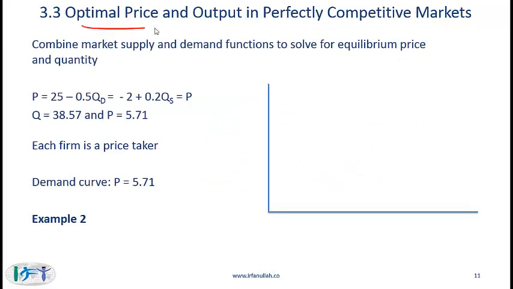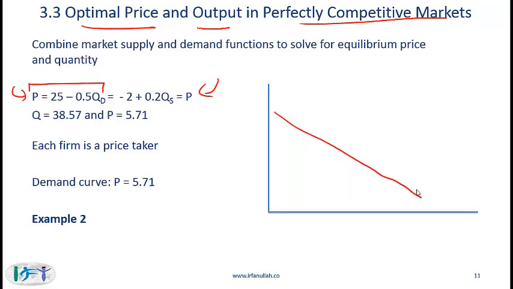Section 3.3, optimal price and output in perfectly competitive markets. In order to come up with the equilibrium price or the market price, we need to combine the market demand function with the market supply function. If this is our market demand, given like this, and as we have done throughout this reading, we have price on the y-axis, quantity on the x-axis. So if this is our demand and this is our supply function,